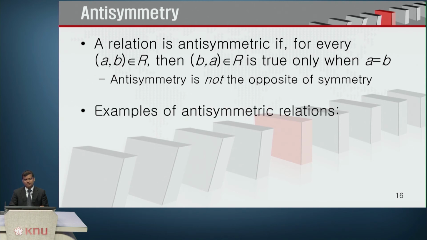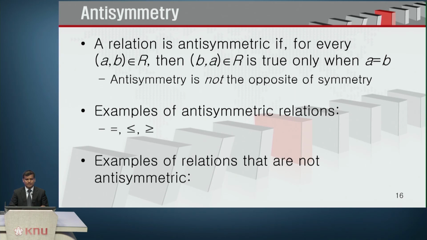Examples of antisymmetric relations are equal to, less than or equal to, and greater than or equal to. So these are examples of antisymmetric relations. Examples of relations that are not antisymmetric, as you can expect, are less than and greater than. So, as we have seen these three parts, symmetric, asymmetric and antisymmetric,